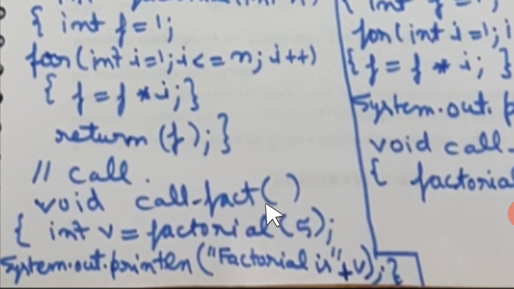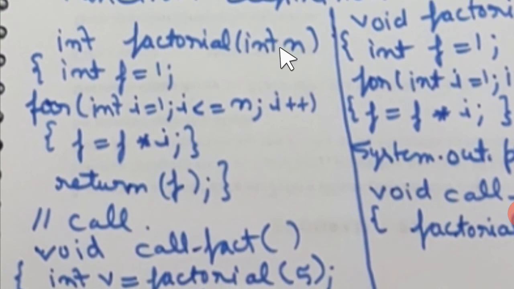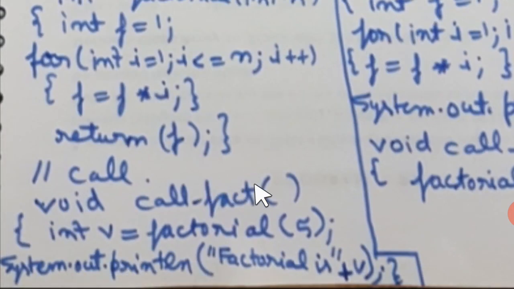So 5 was required because one integer argument is required, so I passed one integer through this parenthesis, and a result is going to be returned because all the operations will take place on this number, that is n, and the factorial is going to be returned, and that will be stored by v. This is another variable I have taken since it is returning the integer type, so I have declared a variable of type int. Alright, after that we print "factorial is", this is a message, and then v will be there, so the message is going to be there on the screen.